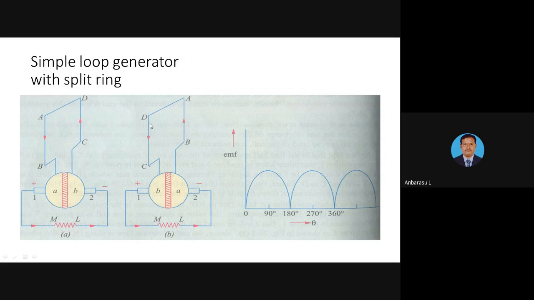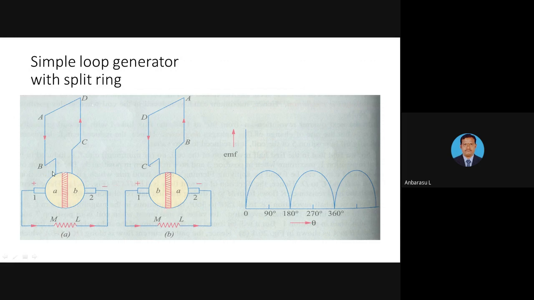Here, from D to C, the current flows through the B conductor, B slip ring, then brush and brush to the A conductor, then the rotation completes. In another rotation, the current through the external circuit is in the same direction. So that is what we need. That is a DC generator.